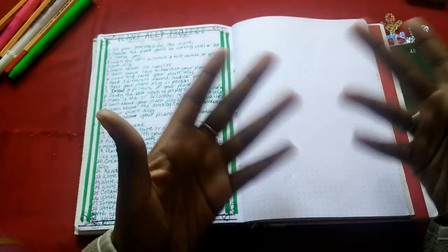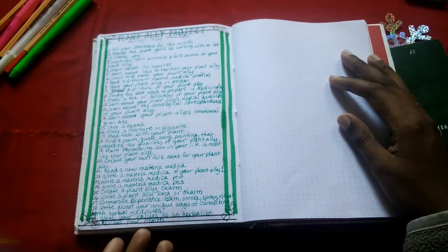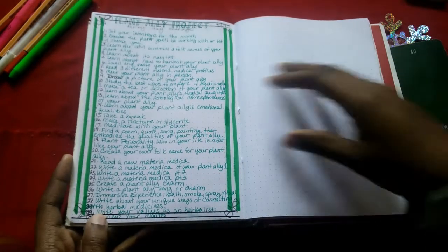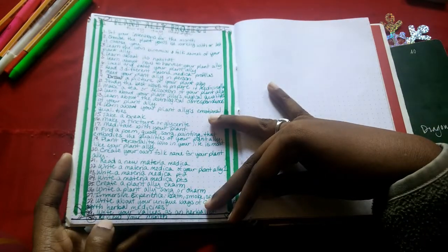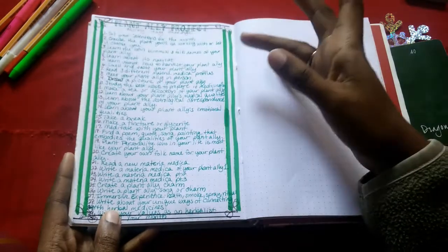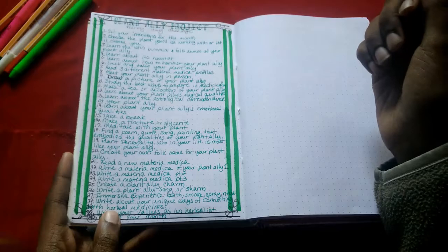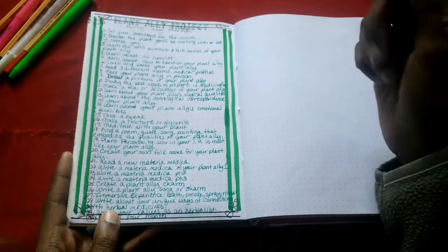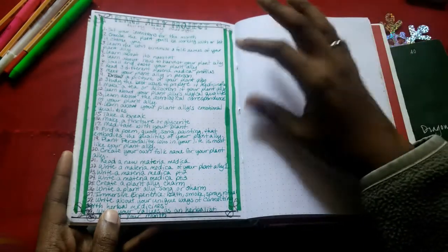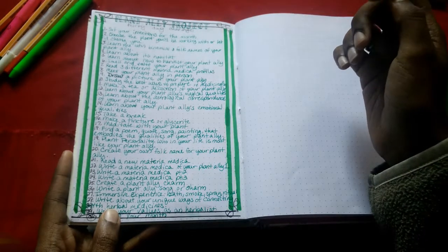Next, okay, so I realized late that I should probably write down the prompts for the plant highlight project, not just what plants I'm going to work with. So this is a very basic overview of the 30-day challenge by Warts and Cunning. So things like choose the plant you'll be working with. I've already done that. Smell and taste your plant ally. Learn its habitat. Draw a picture of your plant ally. Learn your plant ally's emotional qualities. There's take a break. Make a tincture or a glycerite. Meditate with your plant. Read